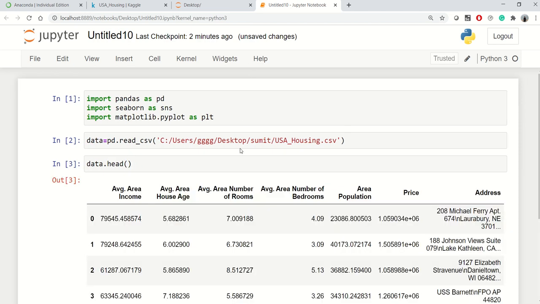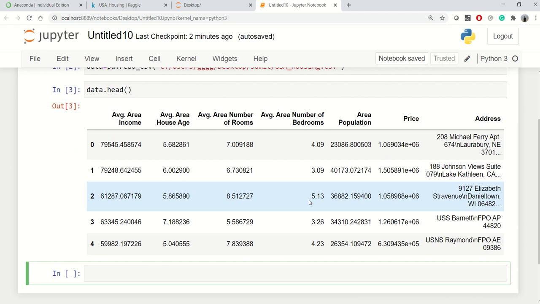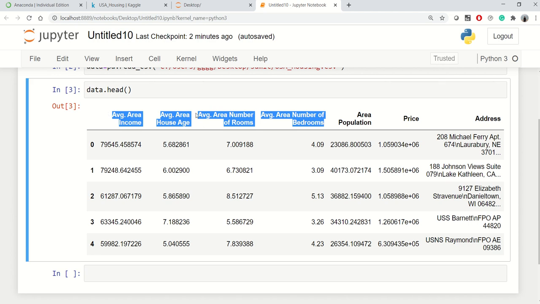You can see this is the data about housing, and there are some columns which are also called features, and this is the price column which we would like to set as our target column. The rest of these columns are other features by using which we are going to predict the price of our data. Now here we see that there is an address column which is textual, and we will discard this column because it doesn't make any contribution to our modeling.